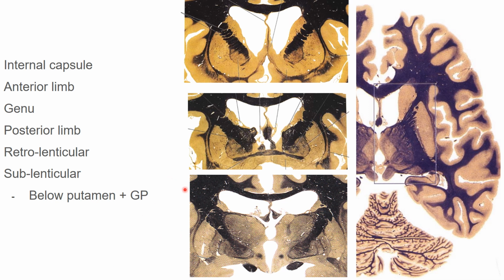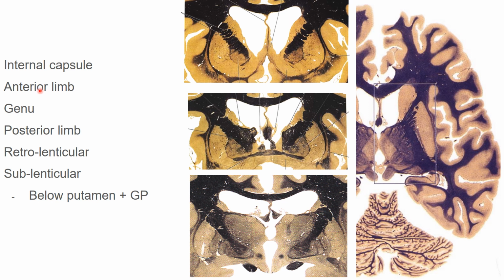And then your sublenticular part, you can't see very well on these cross sections, but really it's going to be your axons, your internal capsule underneath your lentiform nucleus, your putamen and your globus pallidus. So these axons could be a part of that sublenticular part. We'll see another stain of it in a few slides, but it's more important that you just know what runs through these parts. So the important things off the top of my head: